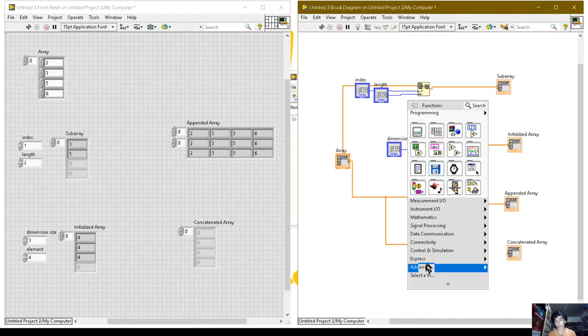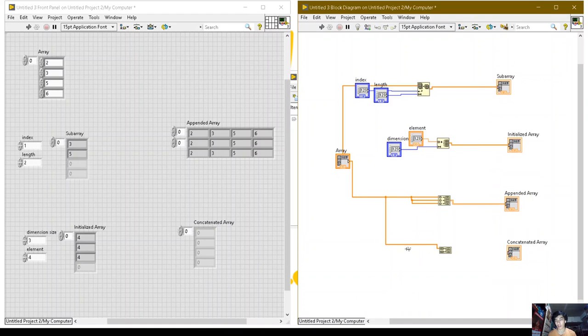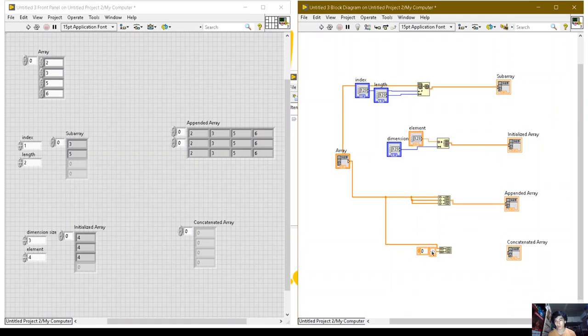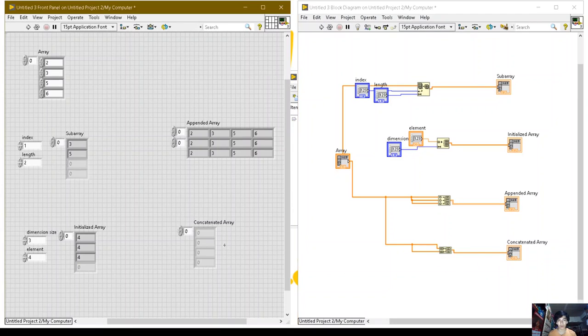So we have an array, and let's just use a constant. So when we run,